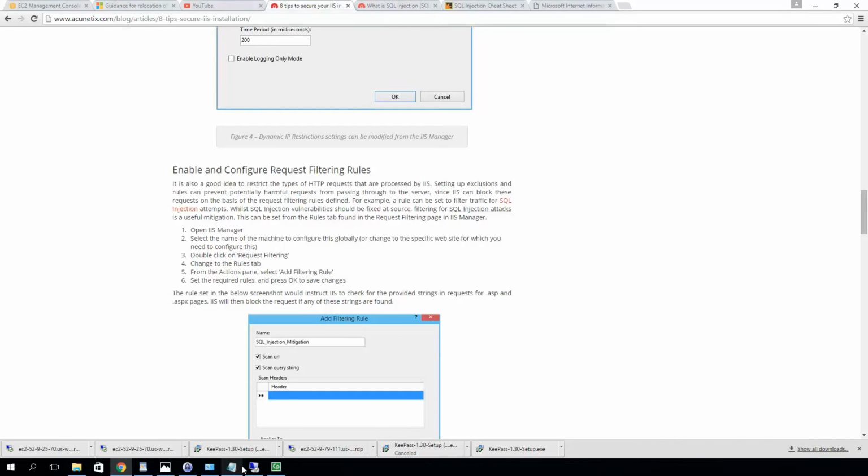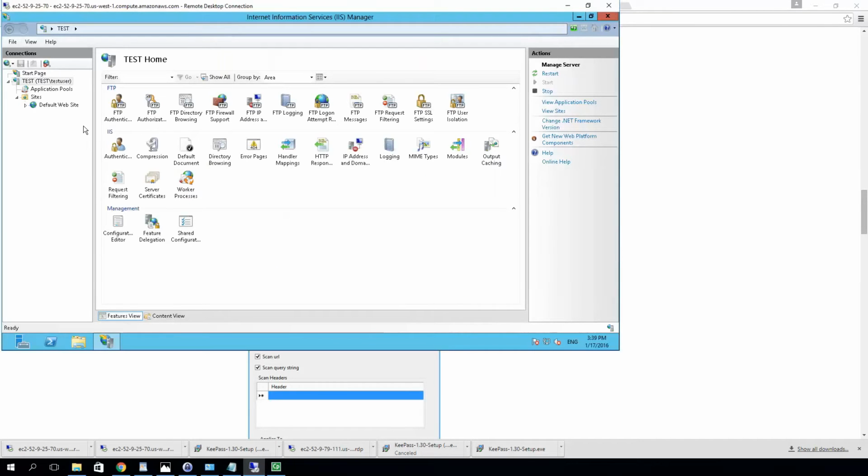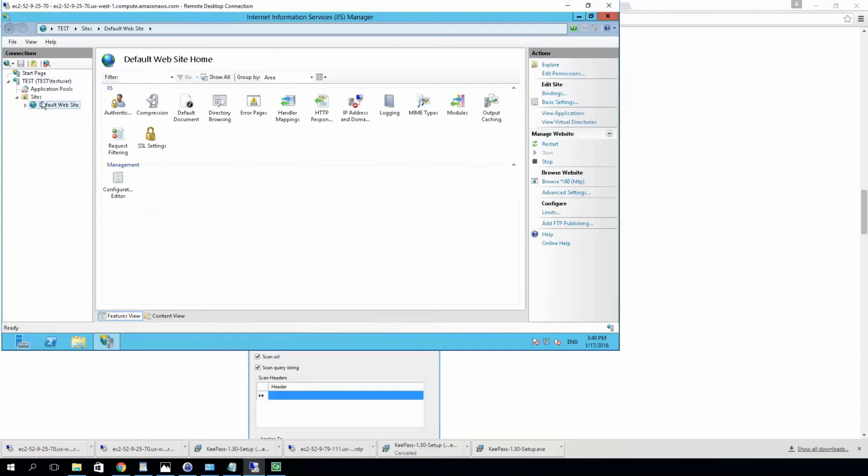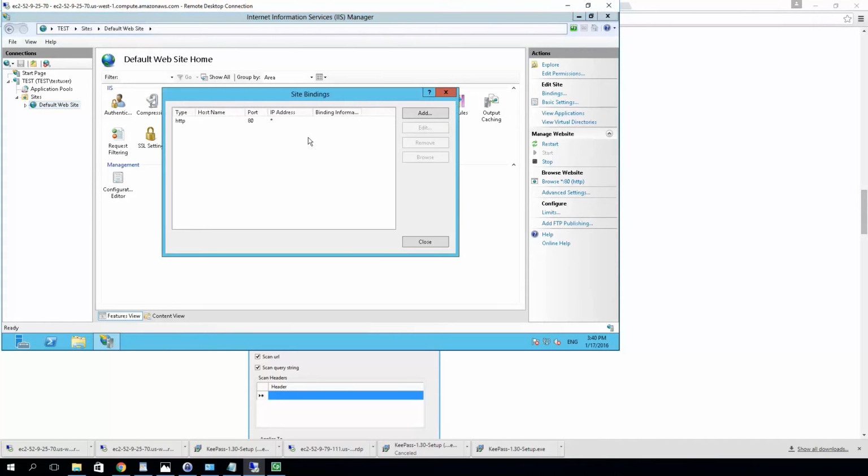So let's go back to this server here. What we want to do now is bind that host name that we've set up. So we're going to go to the default website. I want you to create your own website, but for the purposes of this tutorial, we're just going to use the default website. We're going to go to bindings. We have to select the binding that we want to edit,